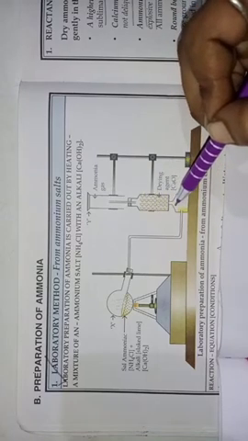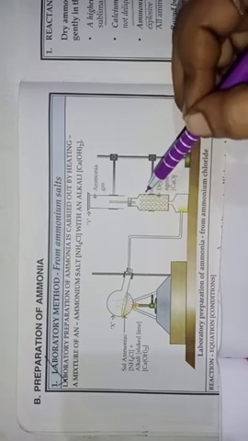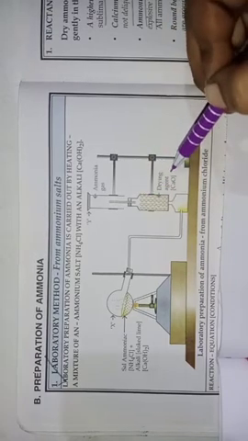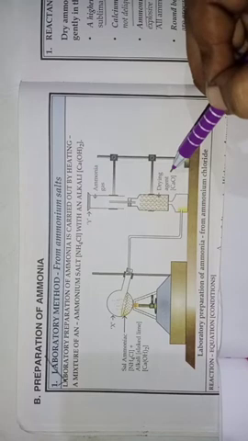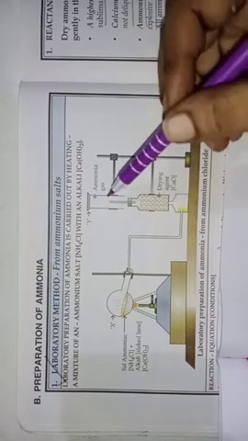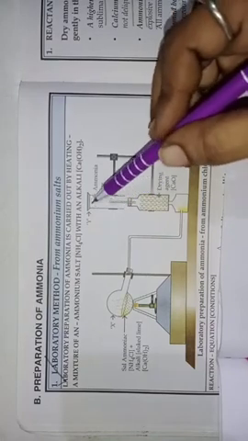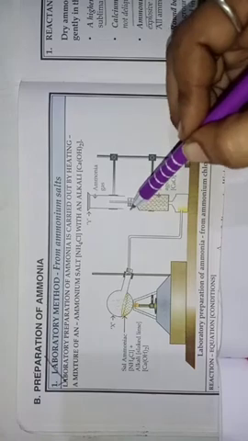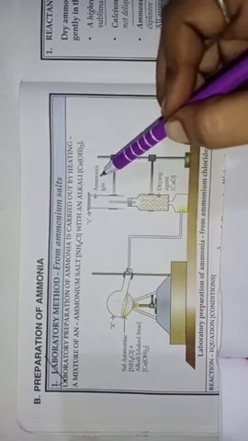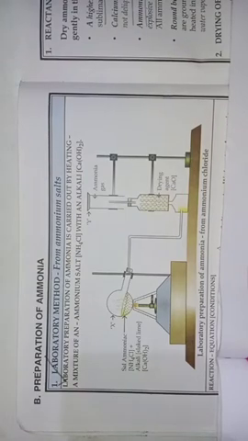This collector in which we are collecting the gas is directly attached to a jar containing a drying agent. The drying agent used here is lime, that is calcium oxide. And further you can see there is a tube, above which an inverted jar is placed, in which the dry ammonia gas is collected. So here Y is your dry ammonia gas. I hope that you are able to understand, children.